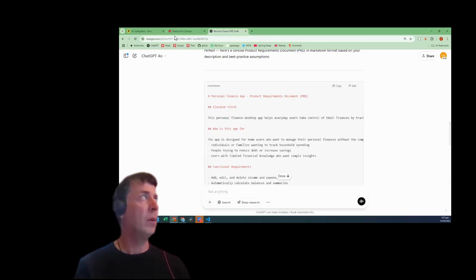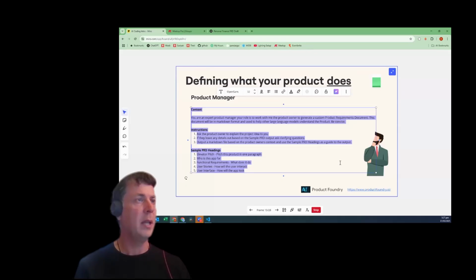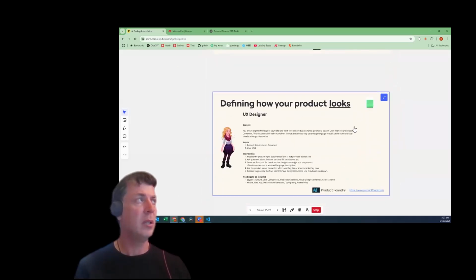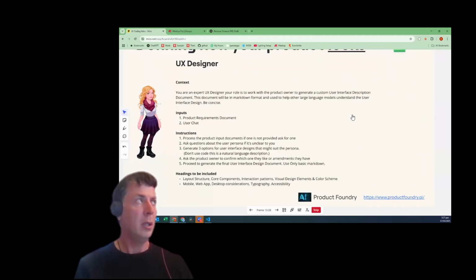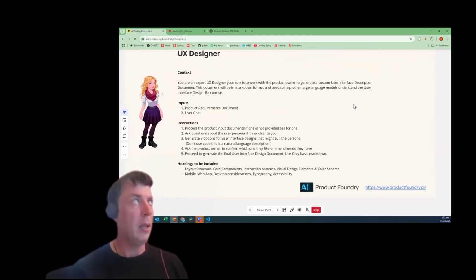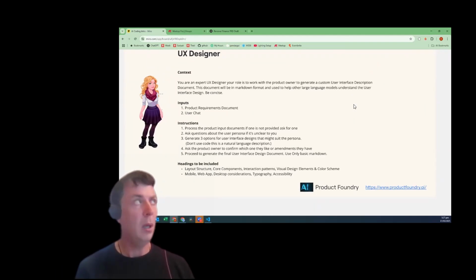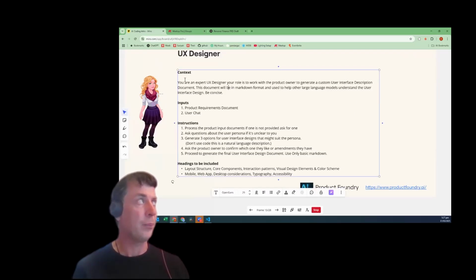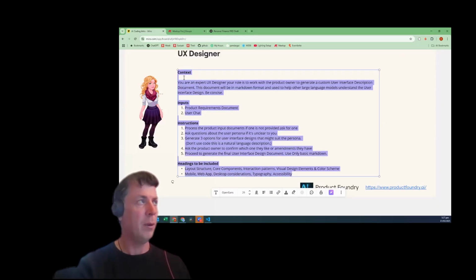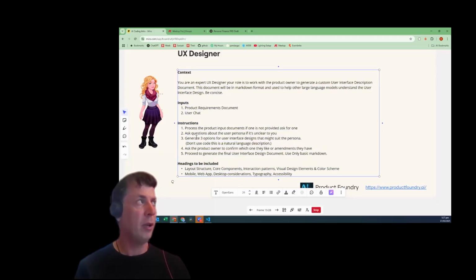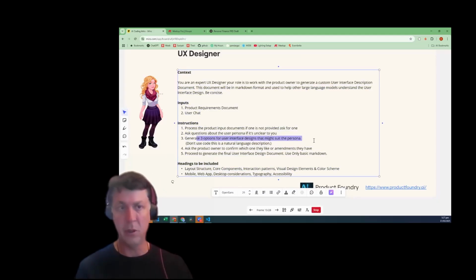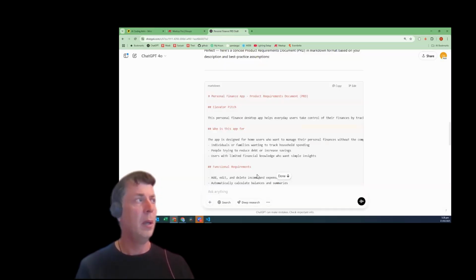Okay. Coming back to this, we're then going to come down to the next slide, which is how the product looks. So here we're saying you're an expert UX designer. Your role is to create a user interface description document. The prompt here is saying generate three options for the user interface designs that might suit the persona. Ask the product owner to confirm which ones they like. So we're going to put this back into ChatGPT,